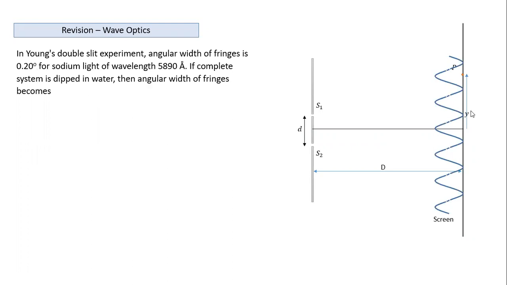This is how we typically depict a fringe here. This graph, this figure indicates the intensity of light on the screen. This is maximum intensity and this is minimum intensity. In this case, minimum intensity is 0. And the distance between two successive dark fringes or two successive bright fringes is called fringe width.